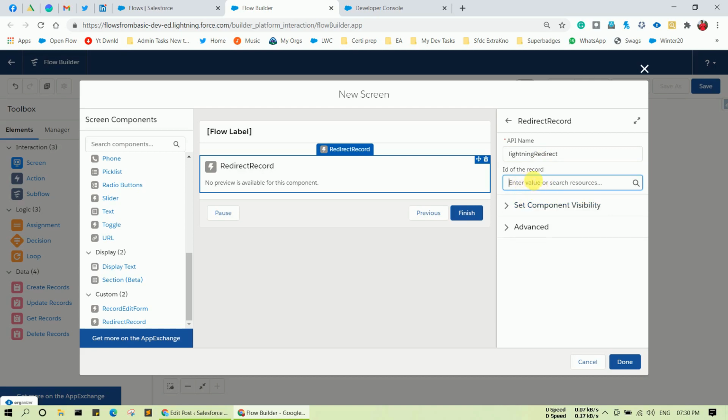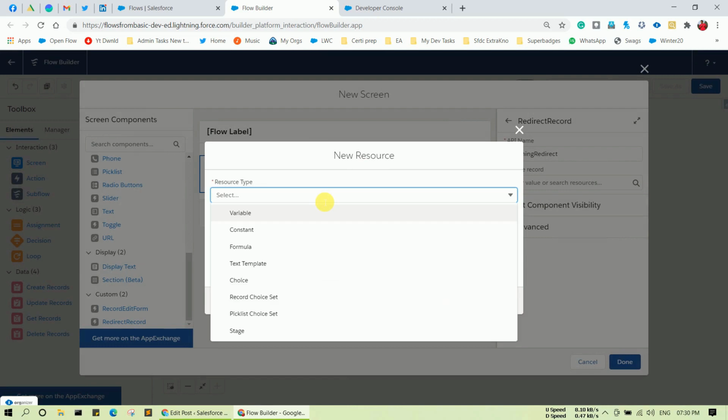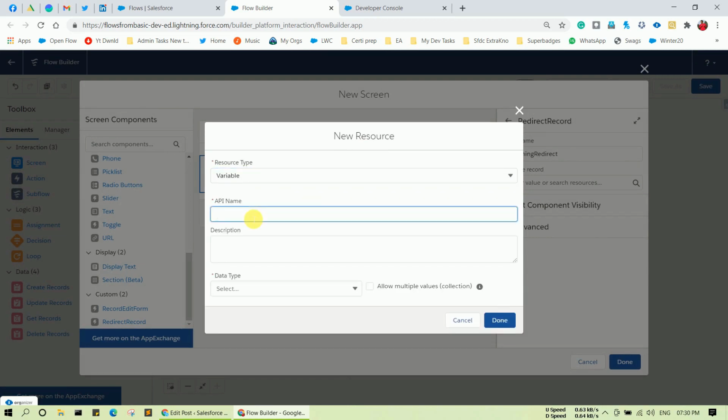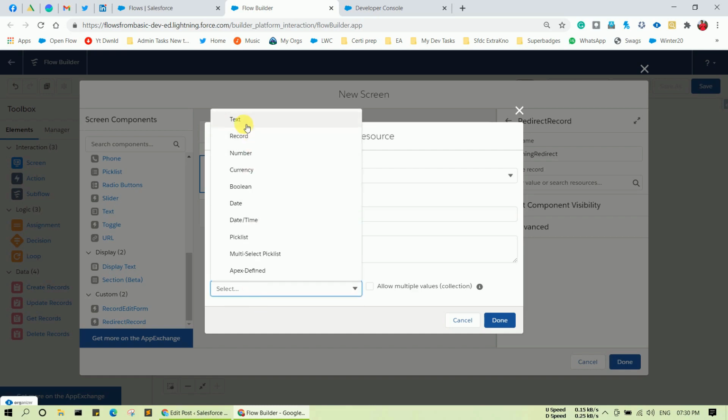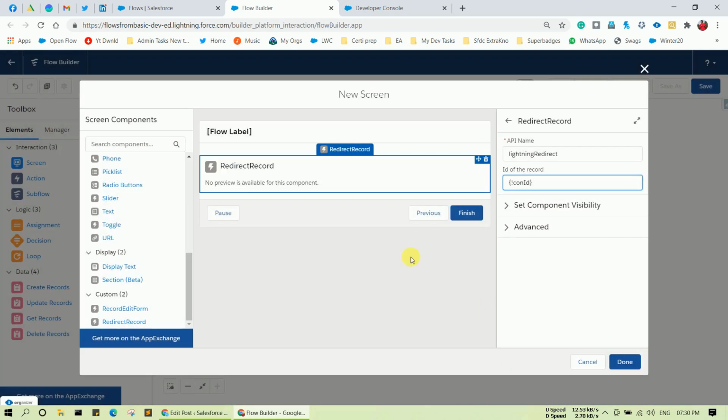For the ID of the record, I am going to use a new resource. Basically I am going to create a variable to store the ID of the contact I am going to create. Let's say conID, and in data type I am going to use Text, and simply click Done, and let's click on Done.